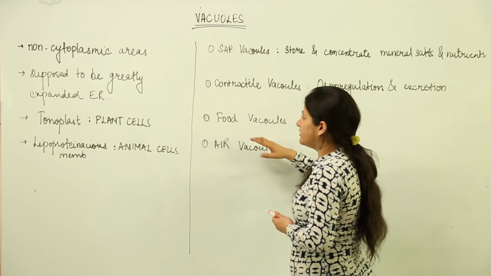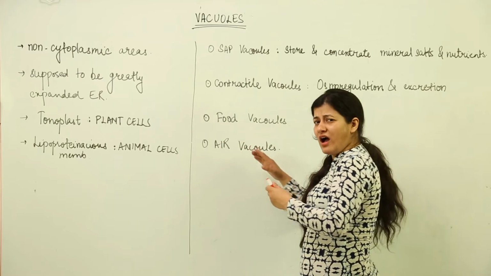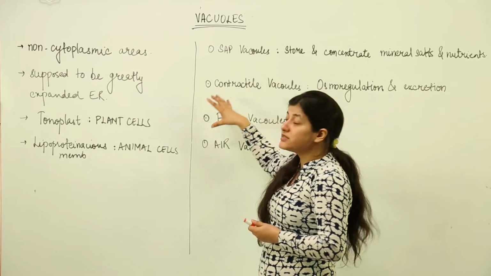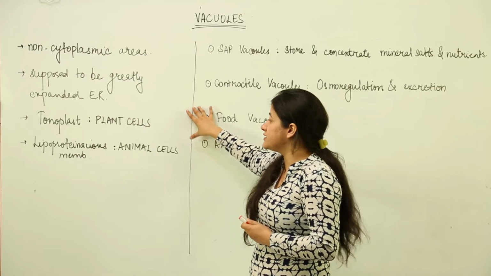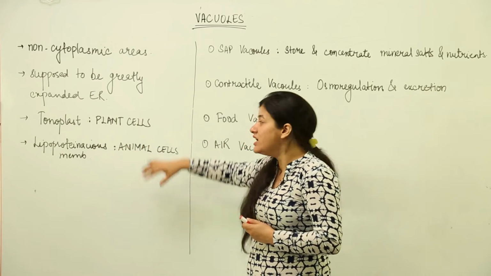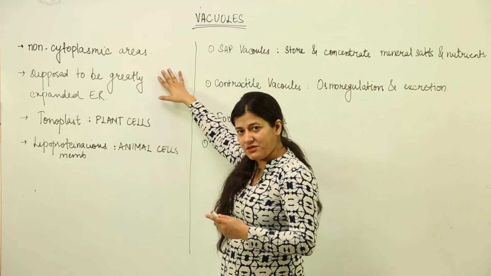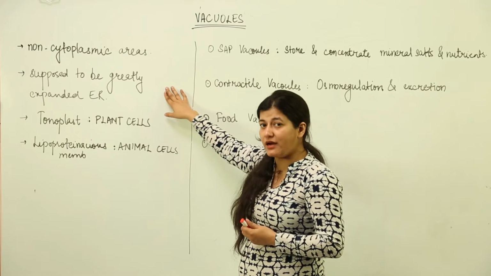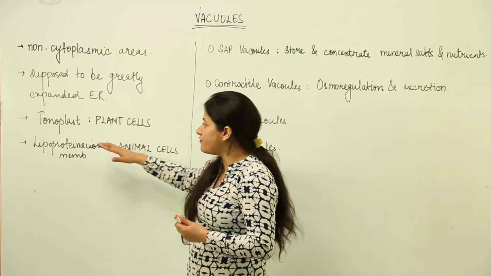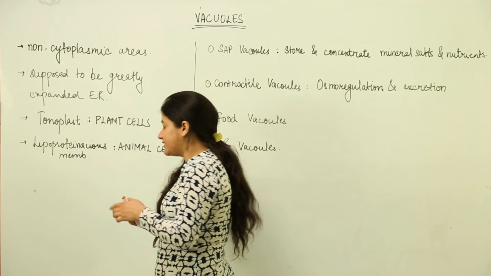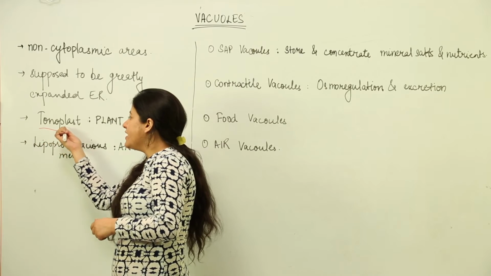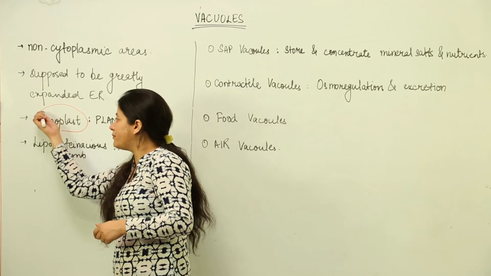The classes that just dealt with the outer structure and remembering the names. Now we are going to deal with what this vacuole is all about. This vacuole has a membrane which contains inside non-cytoplasmic areas. That means cytoplasm would not be present over there, but because it is membrane bound, we consider it as an organelle. In case of plant cells, the membrane that surrounds the vacuole, the vacuolar area, is known as the tonoplast. You need to remember this name.